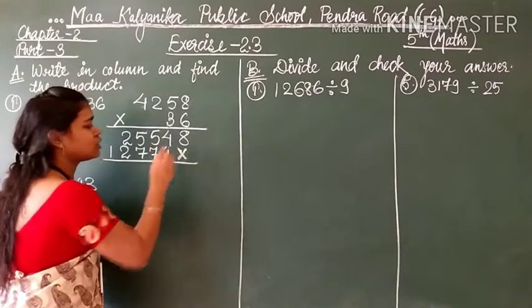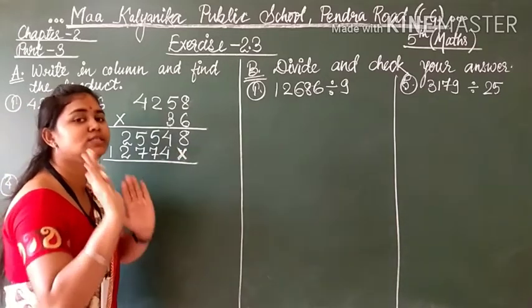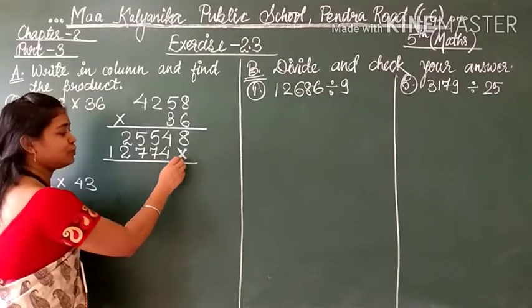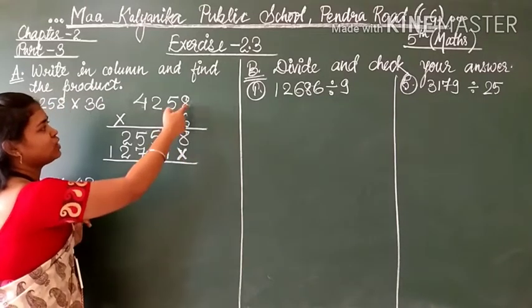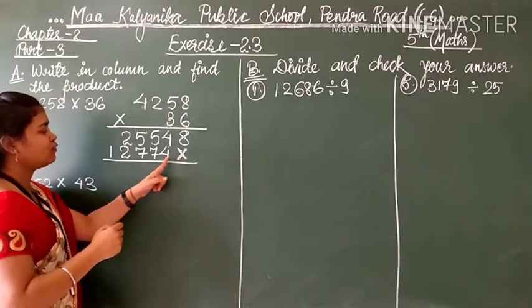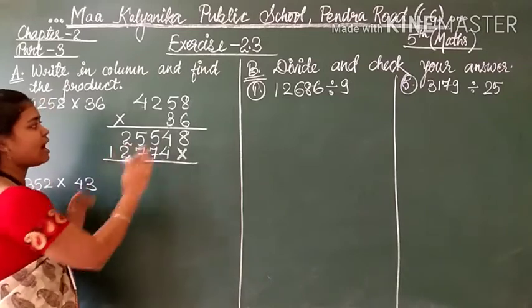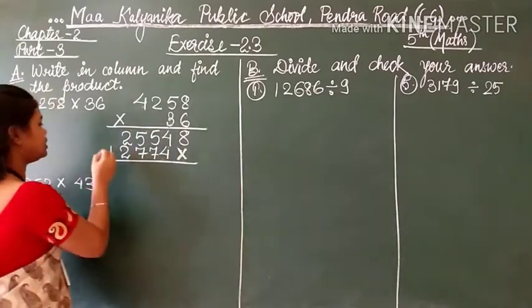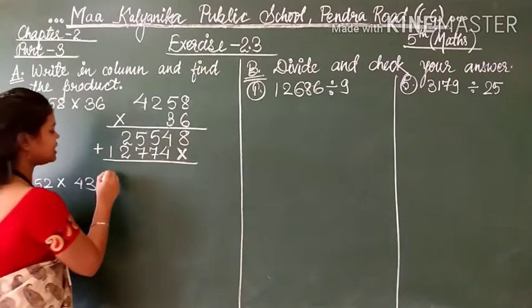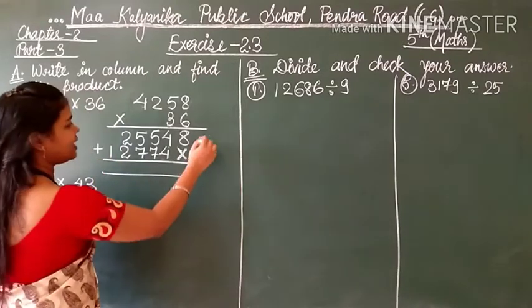So you have to put a cross, or you can put 0. It's your choice, but it is better to put a cross. Then you have to multiply 3 by 8, 5, 2 and 4, and write the results here. Now after completing this multiplication, you have to put a plus sign here and add these